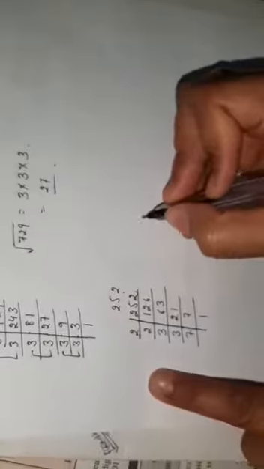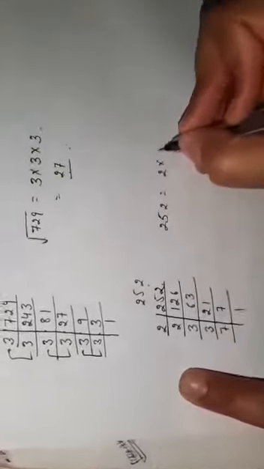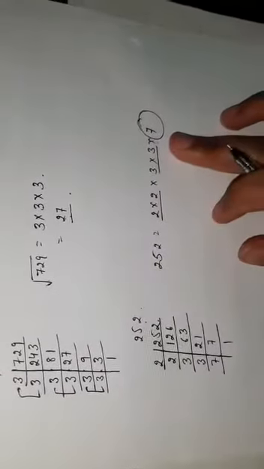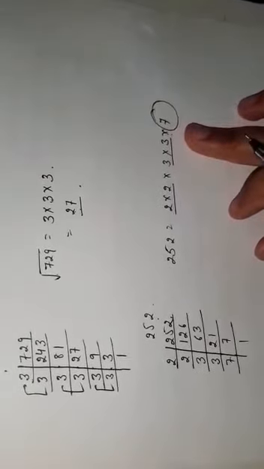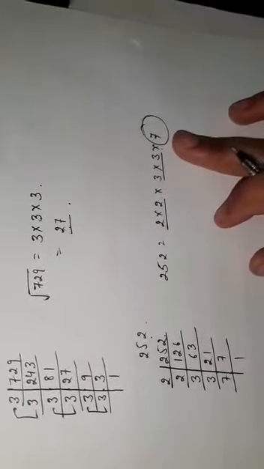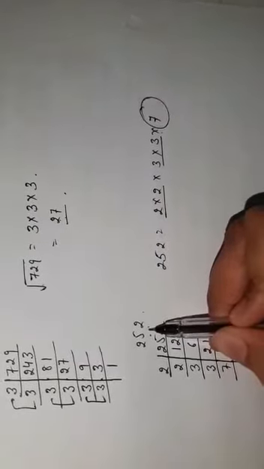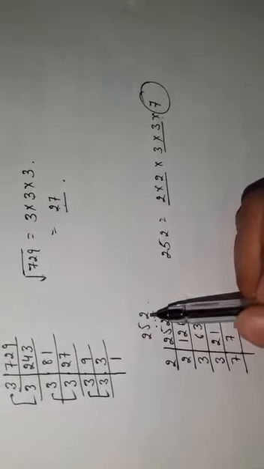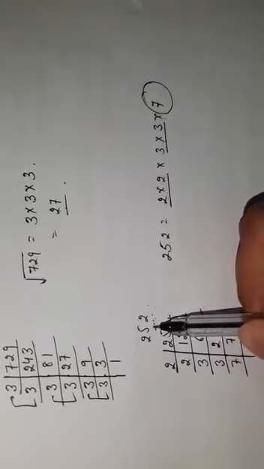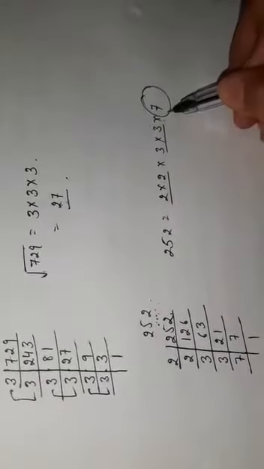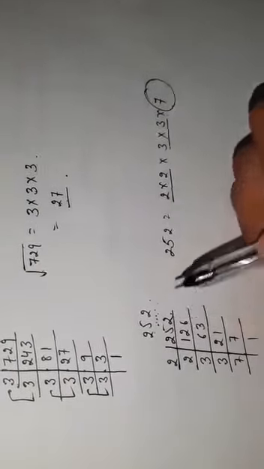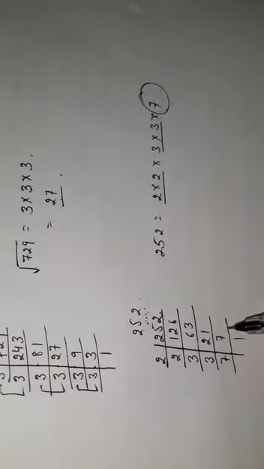So these are the prime factors of 252. Write down all the prime factors, then make pairs. The one number which is not making a pair with any other number is 7. So 7 is the least number which must be multiplied with 252 to get a perfect square. Or the question can be asked in the form: which is the smallest whole number by which the given number must be divided. In that case also 7 will be the least number by which 252 should be divided to get a perfect square. So this method you have to use in both the cases.